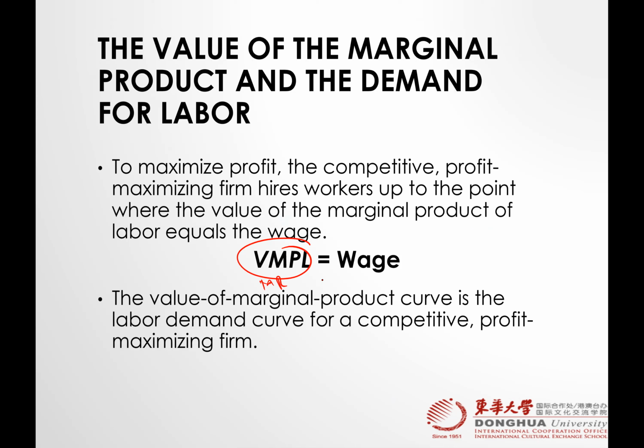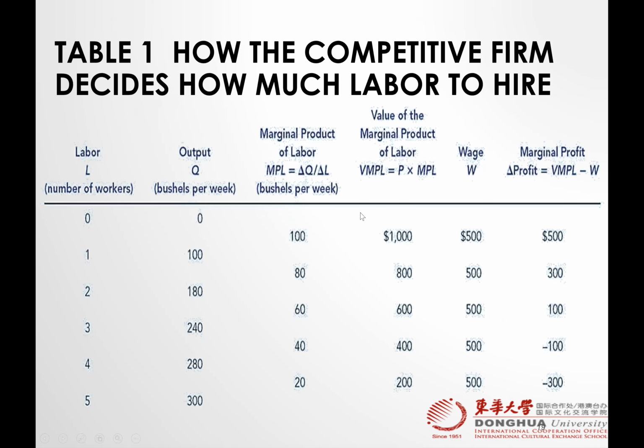You can consider this is MR and this is the cost, which is MC. To maximize profit, the competitive profit-maximizing firm hires workers up to the point where the value of the marginal product of labor equals the wage. It means the value of the marginal product curve is the labor demand curve for a competitive profit-maximizing firm. Here we go. Now, from this table, you can